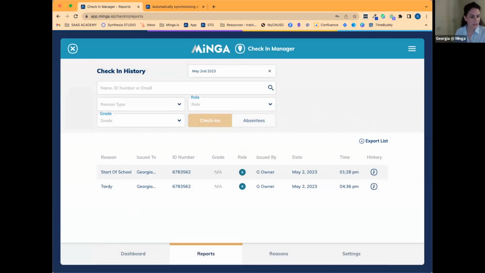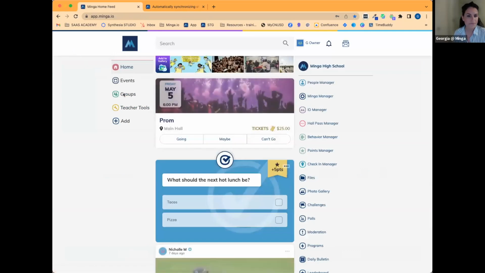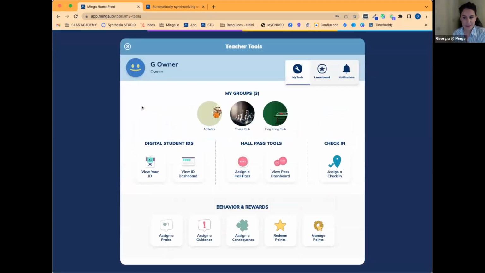All right, so I am just going to move on to back to teacher tools. I'll pop into student tools just to show you all this, how the students see it towards the end today. So back into teacher tools, a couple of new things in here that maybe you haven't seen yet. We have